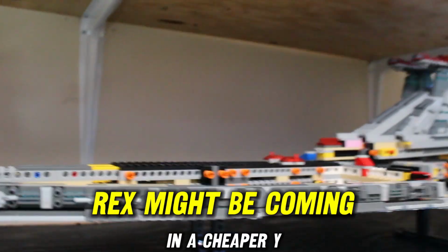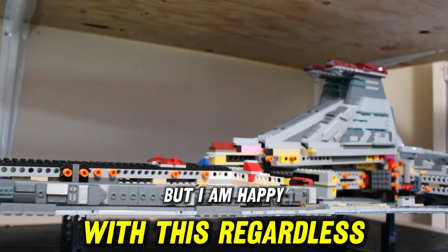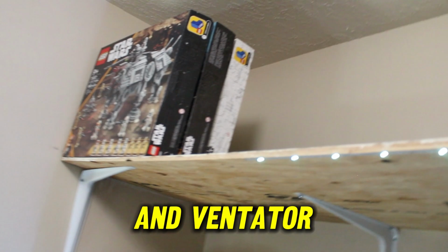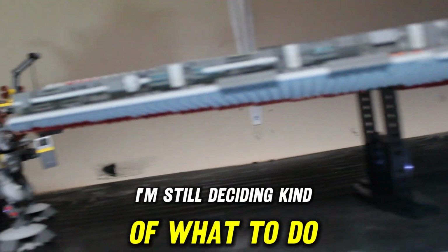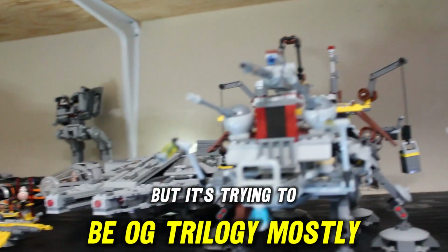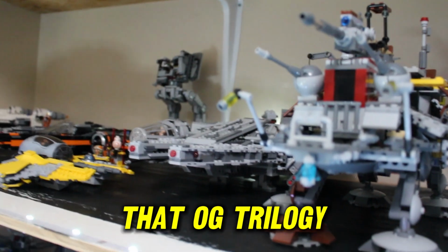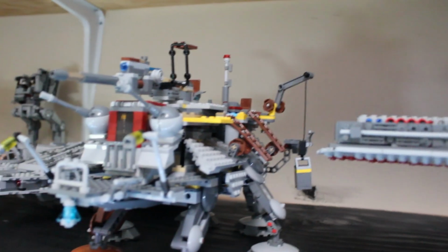And, you know, Rex might be coming in a cheaper Y-Wing, but I am happy with this regardless. I really am. But, you know, top shelf is going to be boxes and Venator. And then this shelf, I'm still deciding kind of what to do with it, but it's trying to be OG trilogy mostly. So anything that kind of takes place during that OG trilogy, like this is the clone ATTE